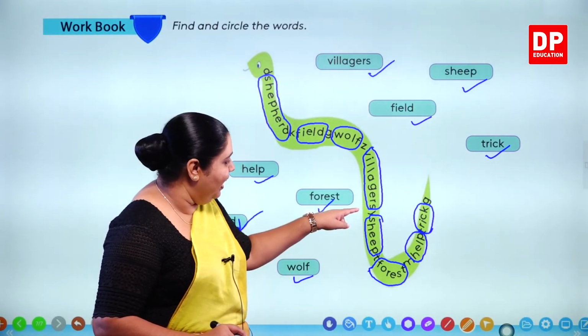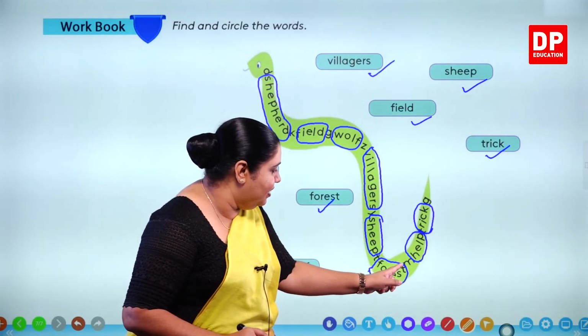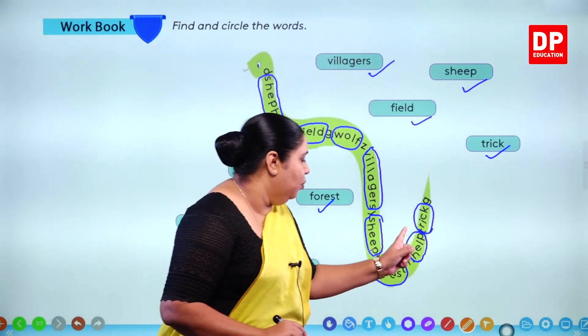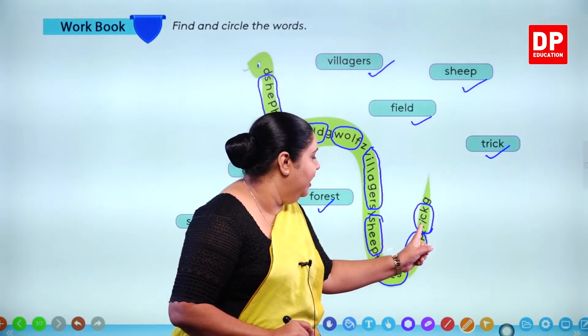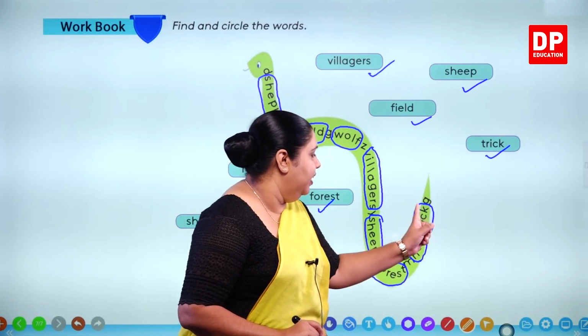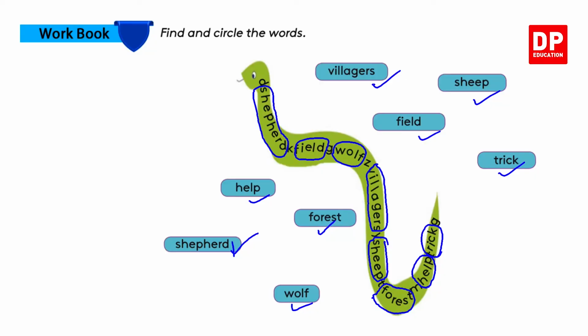After that, we have the word sheep. And then the word forest. We have the word forest over here. And then the word help and the word trick. Our final word is the word trick. So we have the word help and the word trick very close to each other. So now I think you found all the words and you have circled them and we have completed our workbook